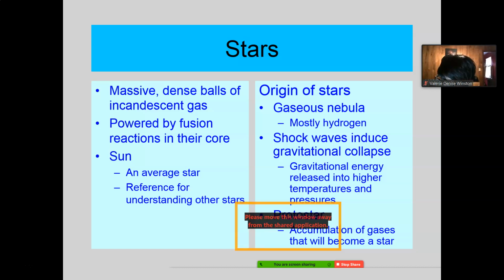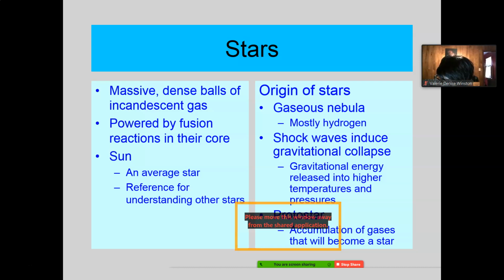Now, why are they incandescent? Why are they giving off light, these masses of gases? That's because somewhere in the core, the very core of that star, which is the fairly small innermost part of the star, that is so hot, so dense, that you have nuclear fusion occurring.